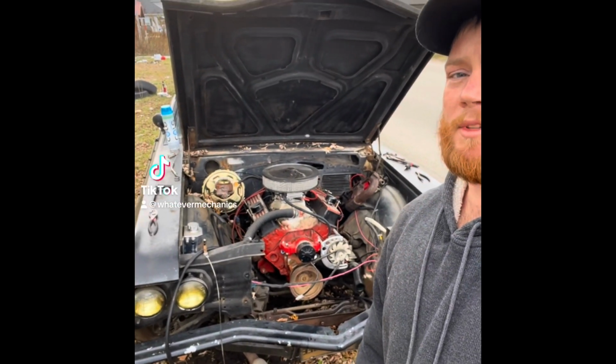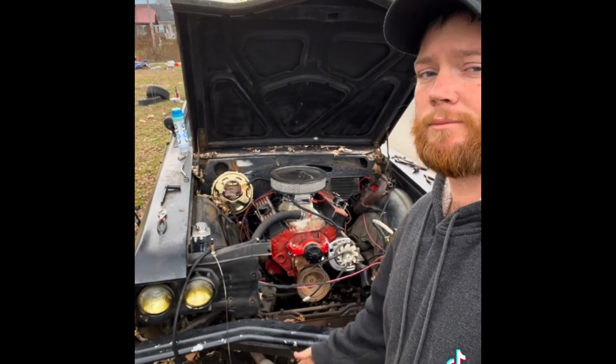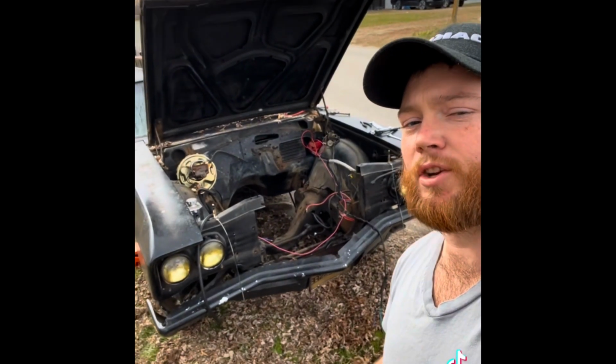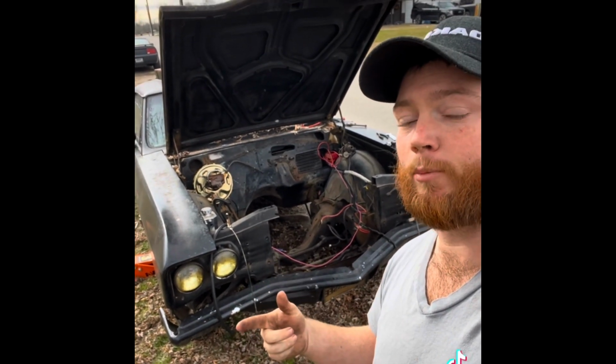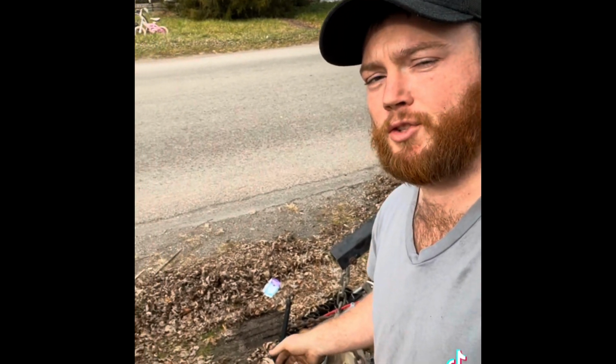Okay, how to LS swap a 67 Skylark. You're gonna start out by removing your engine and transmission. I'm not gonna tell you how to do that. Just don't hack up the wiring. Okay, so once your engine and transmission are removed, we can go to our engine prep for our new engine and transmission that are going in, and I'll cover what to do with your old engine and transmission in another